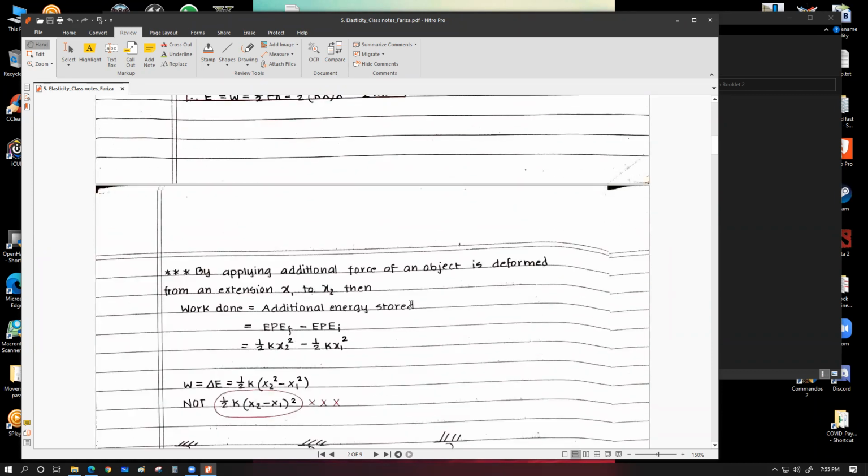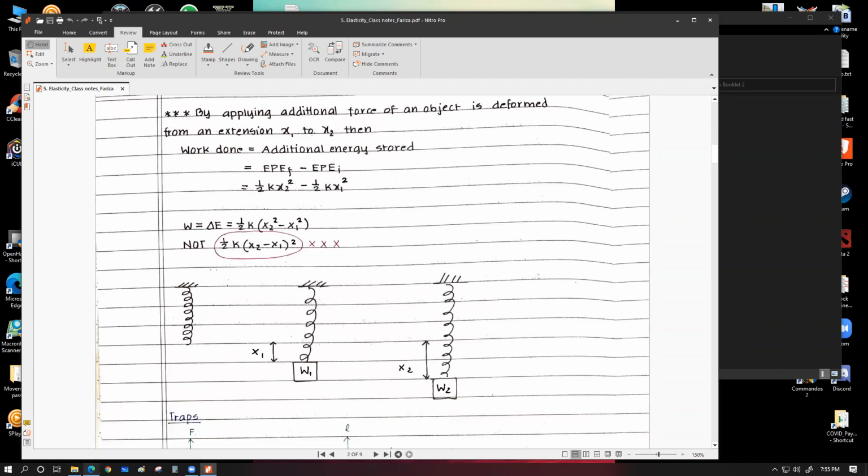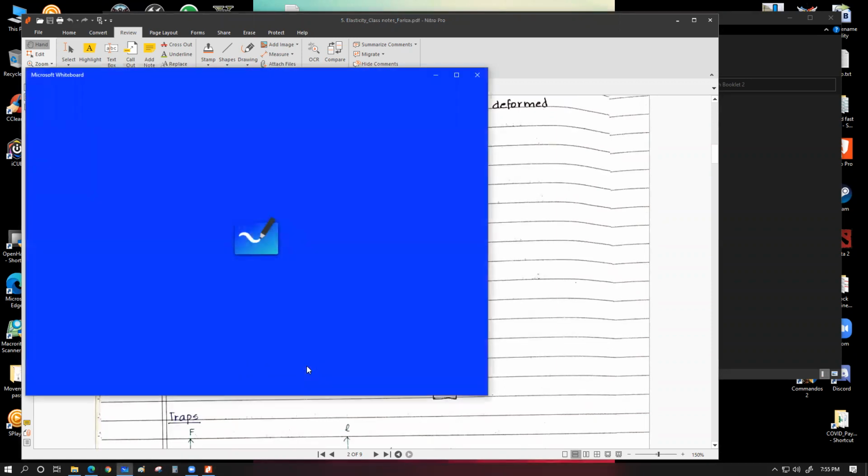One other type of graph that we can also have is whenever we have a force versus distance graph or force versus length graph. I will show that a bit. In some cases,